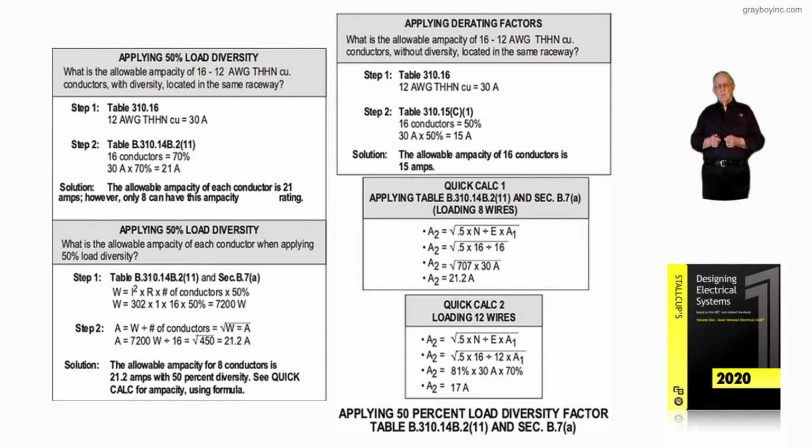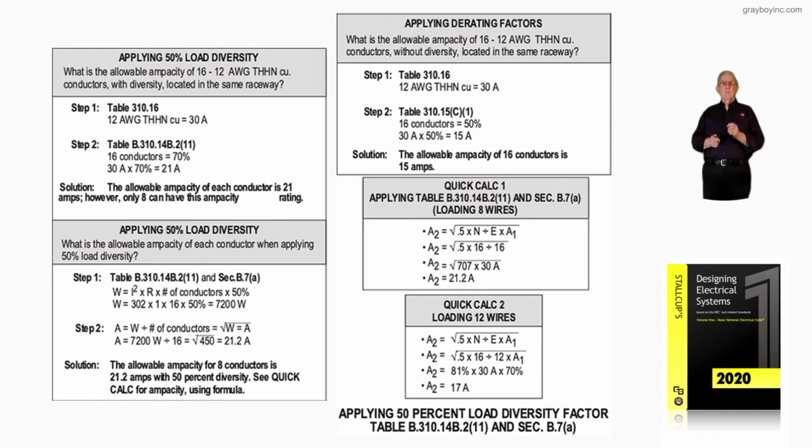Now this illustration illustrates applying the 50% load diversity factor where you're loading more than half of the conductors in accordance with Table B.310.14(B)(2), Item 11, and Section B.7(a). Now with that, those sections listed, the section with the table, let's look at the quick calc above, applying your table 310.14(B)(2)(11) and section